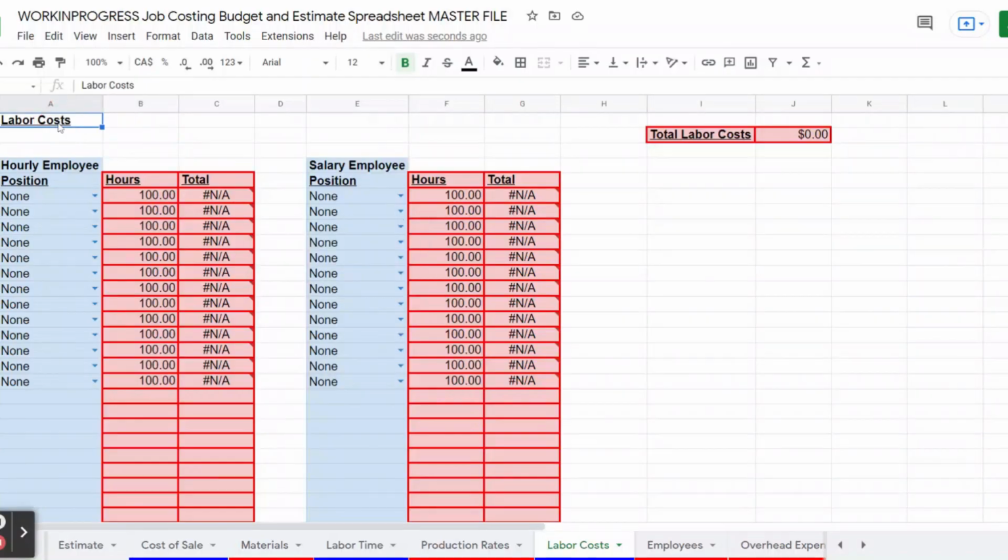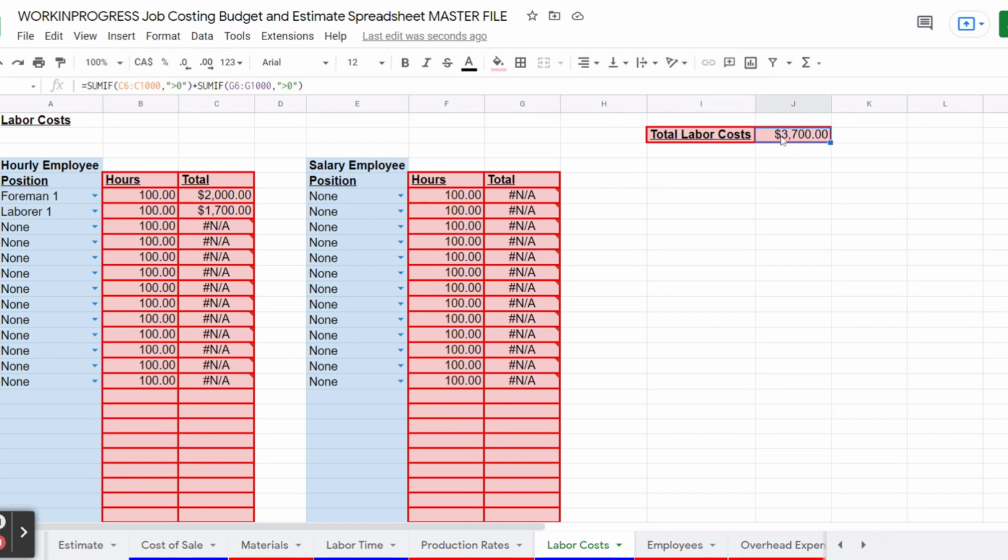So production rates will give us that hourly rate that we can then apply our labor to, our in-field labor that is hourly. We can say that this person's going to be on that project, this person's going to be on that project, foreman 1 and laborer 1, and this is how much they make per hour, and they are going to be in the field 100 hours for this project, so this is how many hours is going to be applied for them.